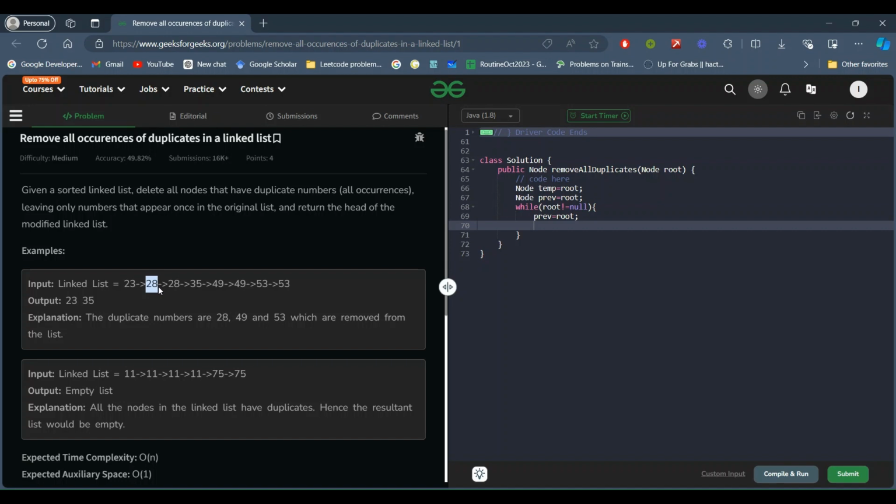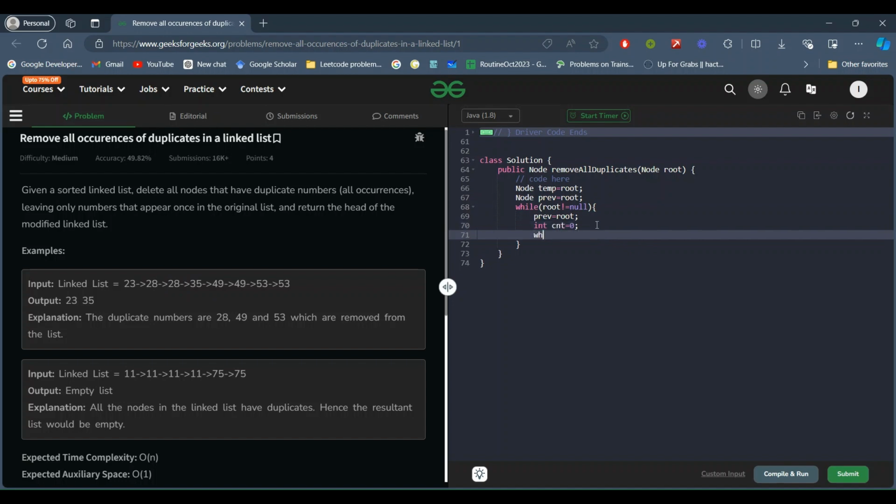Then the root will go to the next node and previous will stay here only, and it will check whether the data is equal to previous or not. If it is, then we are going to count how many times it is coming.